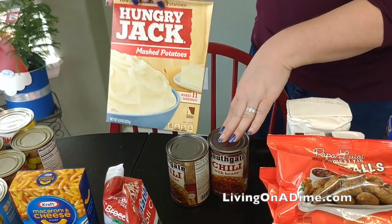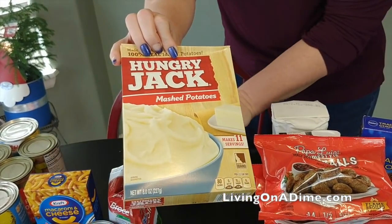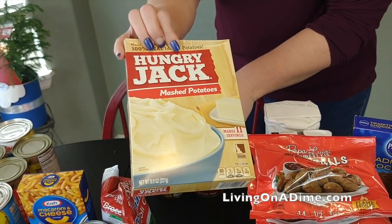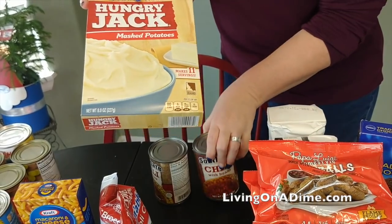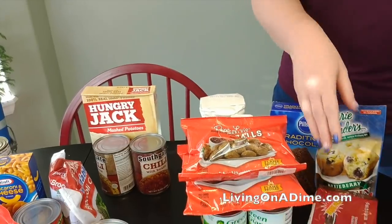For my last dinner, we're going to have chili topped mashed potatoes. Make up the potatoes with a little bit of the margarine and the milk. Put the chili on top, warm the chili and put it on top, and you're going to have chili mashed potatoes. Then for dessert,